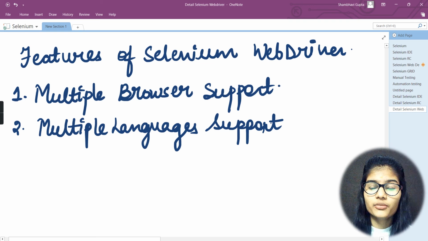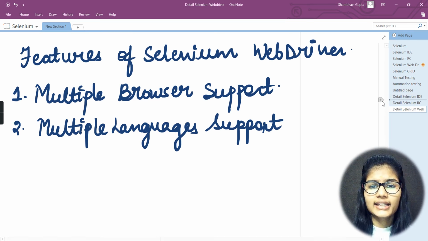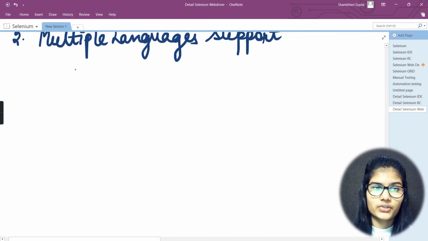I'm referring to multiple programming languages actually. It supports Python, Java, C Sharp, Perl, Ruby, PHP. All of these are the different programming languages which are supported by Selenium WebDriver. So the next feature is that it supports multiple languages.